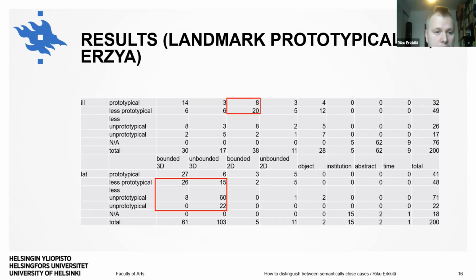But on the other hand, the relational nouns express less prototypical situations of bounded and unbounded objects. So I don't think that it matters that much that the choice of case is lexically determined, because